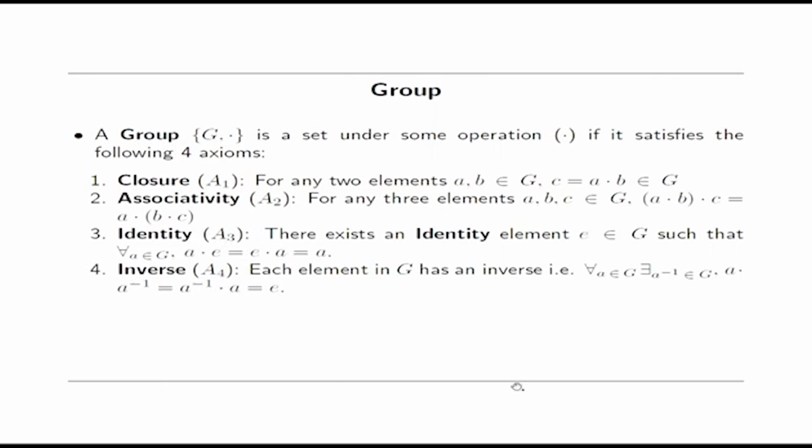And this is the existence of identity. So, there must exist an element E which is called the identity element, and this is unique, such that A dot E is equal to E dot A is equal to A, and each element should have an inverse. So, for a given A, there must exist a B, which is basically called A inverse, such that A operated with A inverse is equal to E, which on any side we can operate. Okay. So, if these 4 properties are satisfied, then we call it a group. Now, let us take an example of a group.